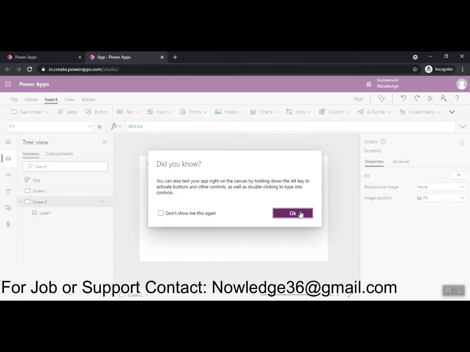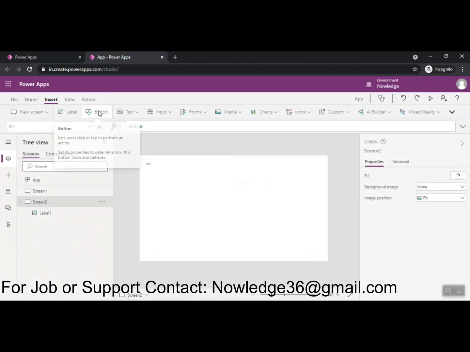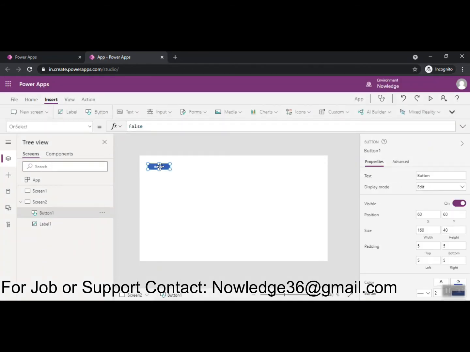I'll show you one more, that is Button. As we know the use of a button, right? If you want to save something or click on OK or Cancel, you can rename this to OK or Save. After clicking on OK, we can write the logic as per our requirement. I'll tell how we write the logic in the later classes.